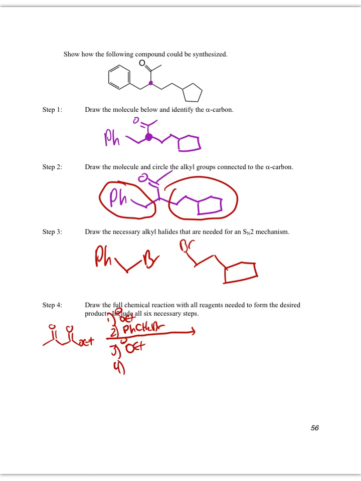Then we would add the other CH2 with our cyclopentane. And then we would add hydroxide to cleave the ester to the carboxylate, and then acid and heat. And we would decarboxylate. So this would be the reaction sequence we would go through to make this